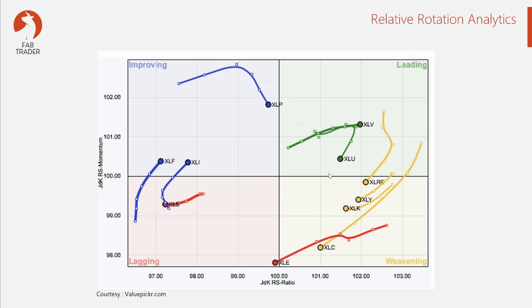I know it kind of looks like sperms under a microscope, but the reason why it's given is if you just give the head portions alone, you can clearly say which quadrant they are in. But when you clearly see the tail, you can see the trend that particular stock is taking, which tells a lot more story than just looking at which quadrant it belongs to, right? So you can actually increase the duration of the tail, and then you can also clearly see the